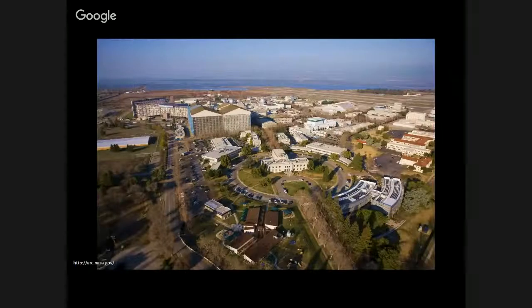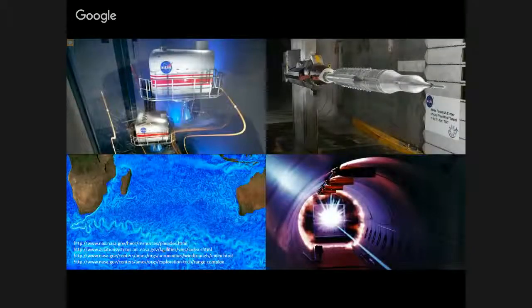This picture was taken a little while ago, but it's mostly correct. Off to the side of the screen is the Google campus. That gives you an idea of exactly where we are on the peninsula. And so the large building that you see in the foreground is the world's largest wind tunnel. And we have several other smaller ones and faster ones on the campus. And so the kinds of facilities that we have include